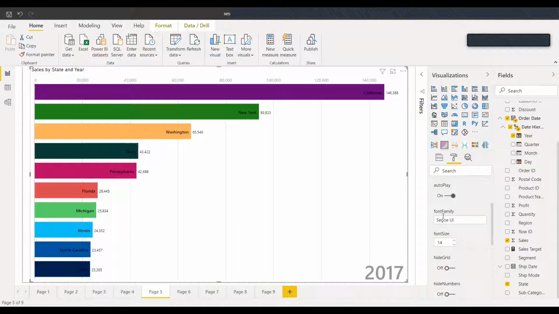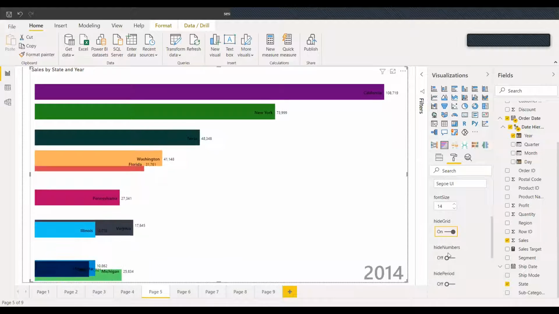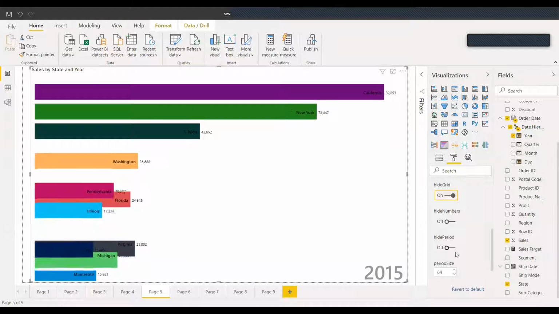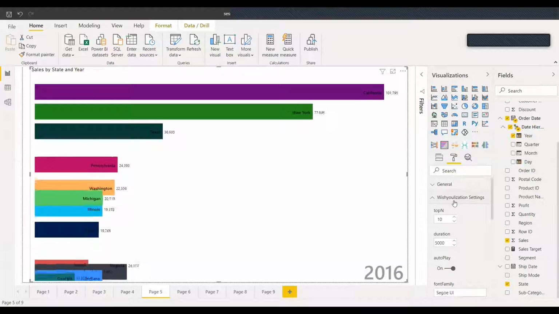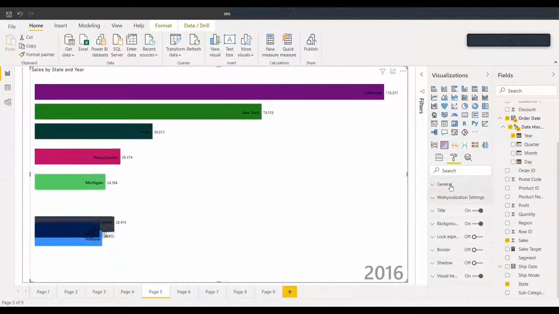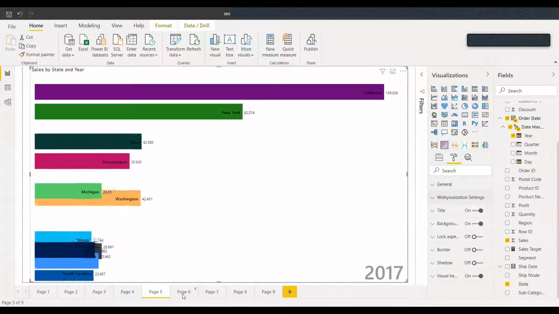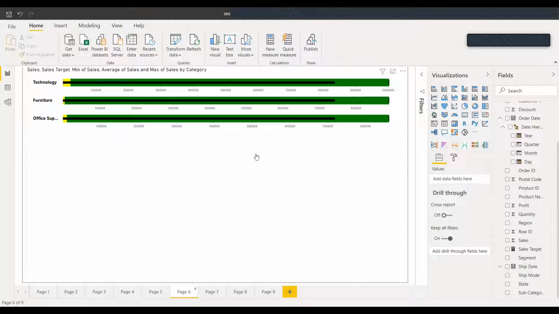Then, if you want to change the font size, simple. Then we have this grid line, which will just remove the grid line. If you want to hide the number, it will hide the number. And if you want to hide the period, it will hide the period, and you can just customize the size. So basically, we have the feature to customize this view. And then the last, we have this bullet chart.